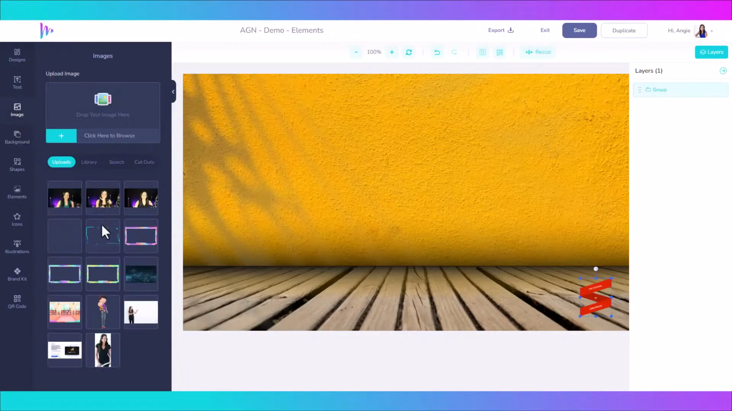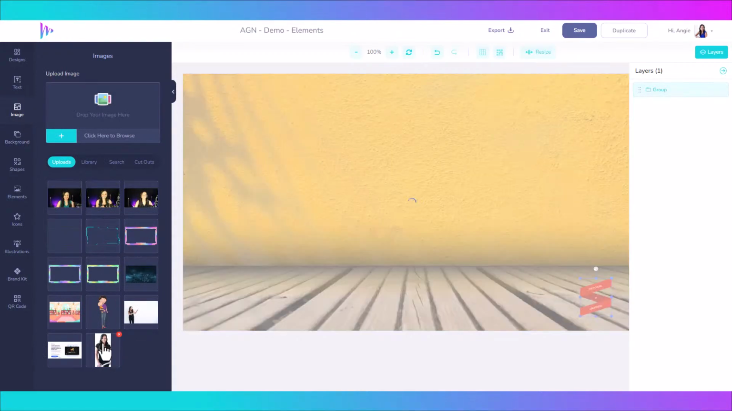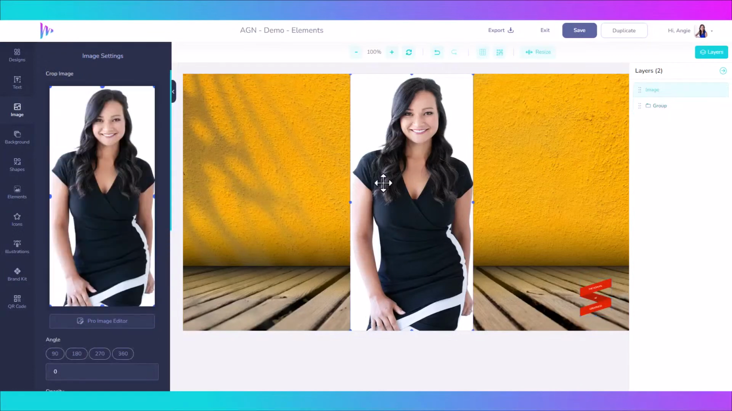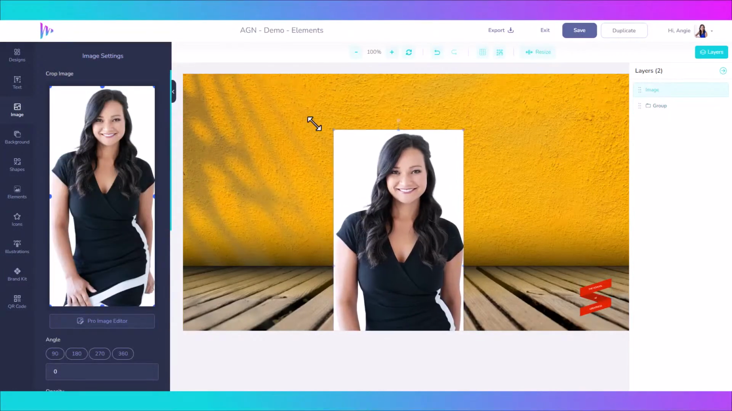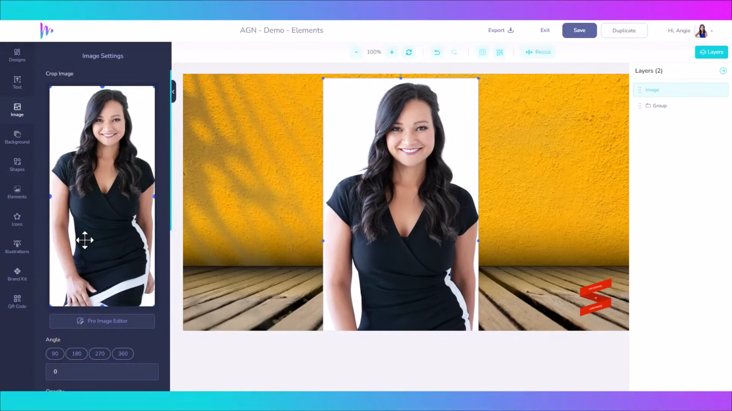So say this is me on a Zoom, right? I'm maybe in the middle here, and I'm gonna get